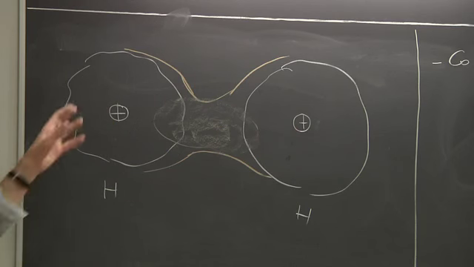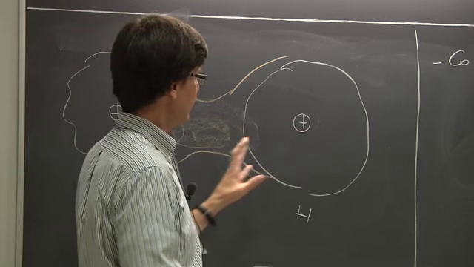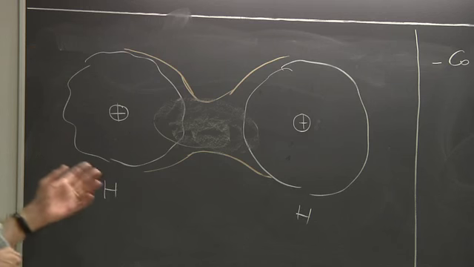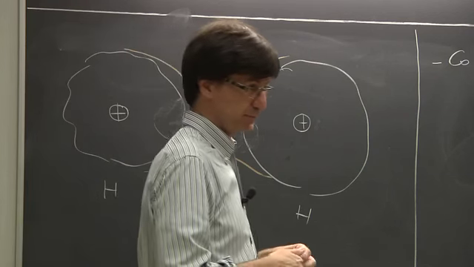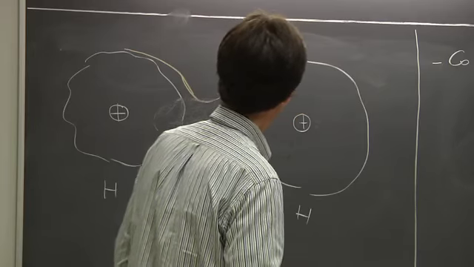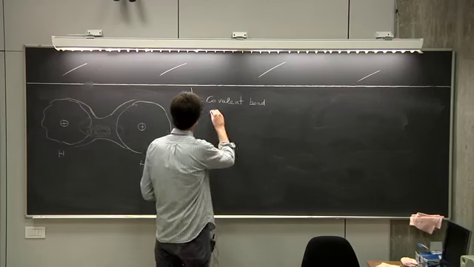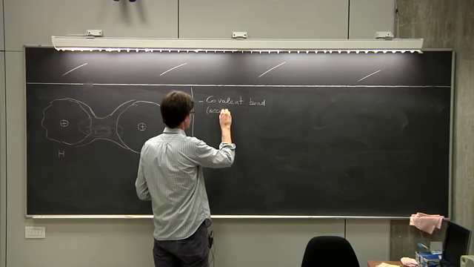And of course, in the process, the energy will be lowered with respect to the energy that the two atoms had at the beginning. So the covalent bond typically corresponds to a redistribution of the charge and to an accumulation of charge